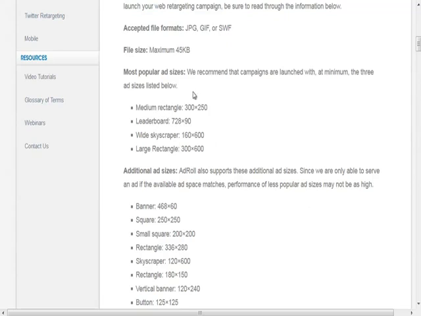You'll have the medium rectangle, which is 300 by 250 pixels. You'll have the leaderboard, which runs across the top, and that is 728 by 90. Then you've got the wide skyscraper, which is 160 by 600, and then the large rectangle, which is 300 by 600. And so if you have a good web designer or a good graphic designer, by all means